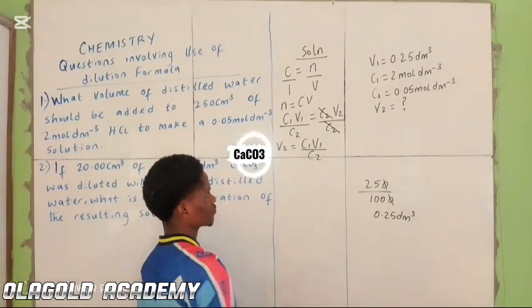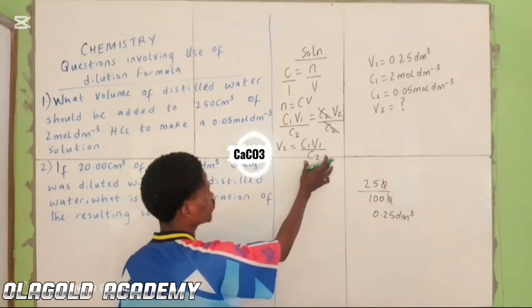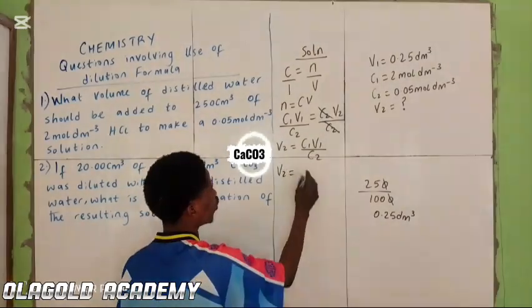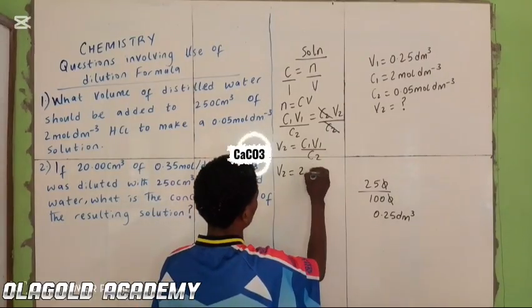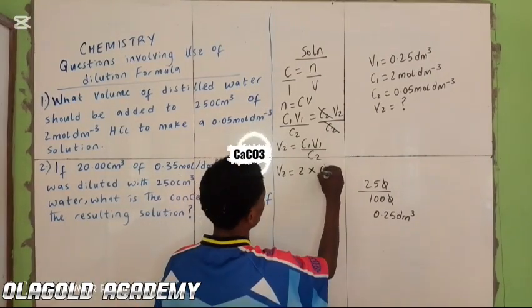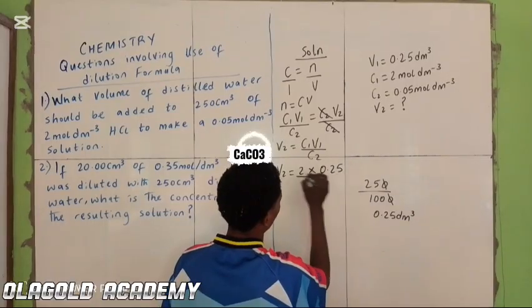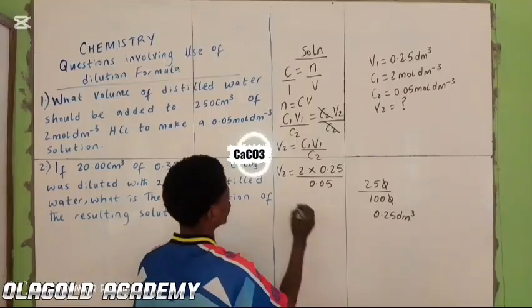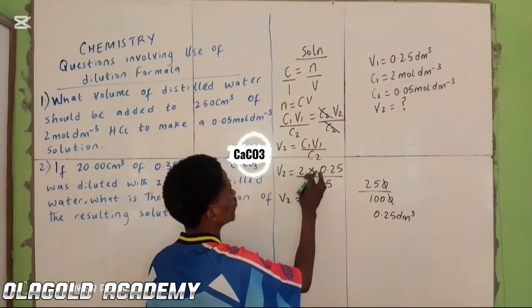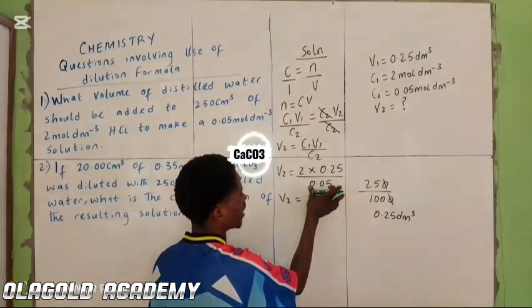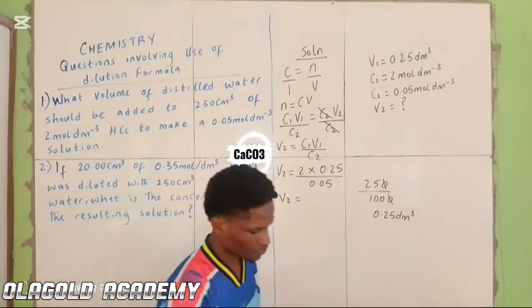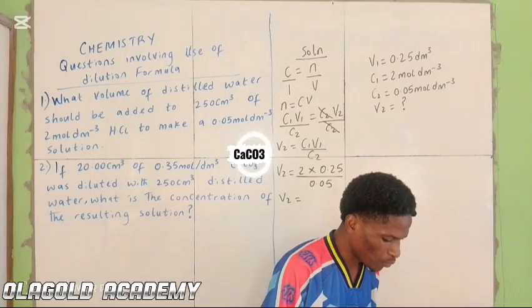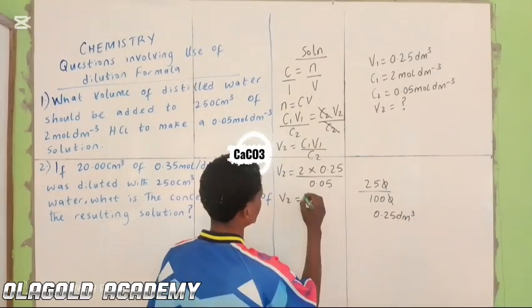So we have this. Alright, so next thing we are going to do is to input our parameters. V2 equal to, our C1 is what? 2. Our V1 is 0.25 all over, our C2 is 0.05. So our V2 becomes, multiply this times this and divide by this. What do we have? 2 times 0.25 divided by 0.05. So our V2 becomes 10